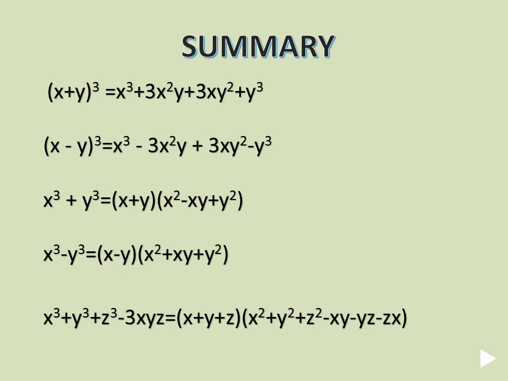And the last one you write and learn, because it's a lengthy formula. But if you compare with (x plus y plus z) whole square, the difference in the last terms is that 2 is not there. I will not say it in this way, because some children will get confused like this. So I'll explain each identity while doing the sums.